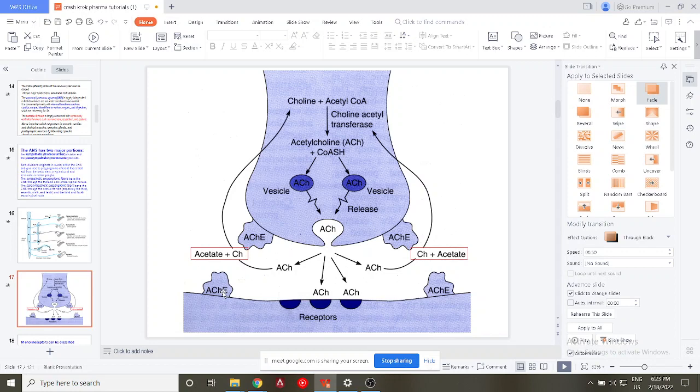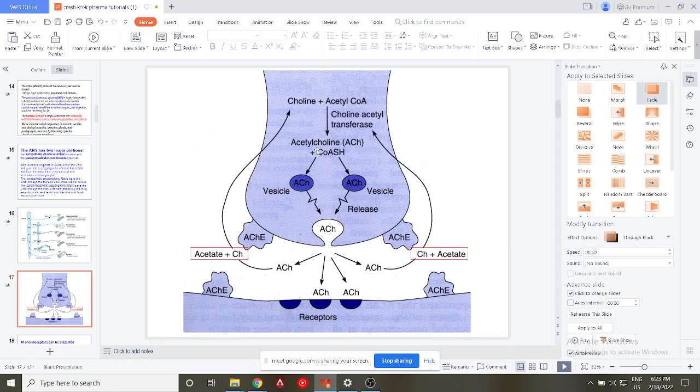What's the function of this? The function is to break down acetylcholine into acetate and choline, and then it is reabsorbed back into the presynaptic neuron. So take note of this, it's very important: acetylcholinesterase, because we're going to talk about some drugs that are going to act on acetylcholinesterase. So basically, choline plus